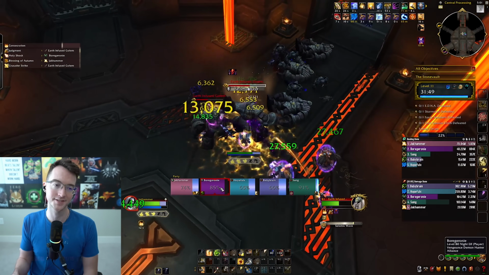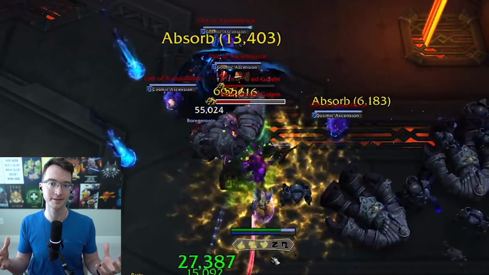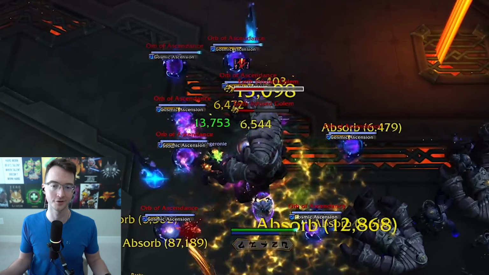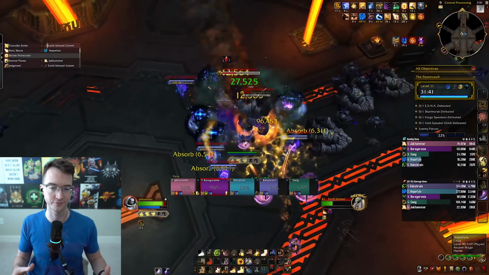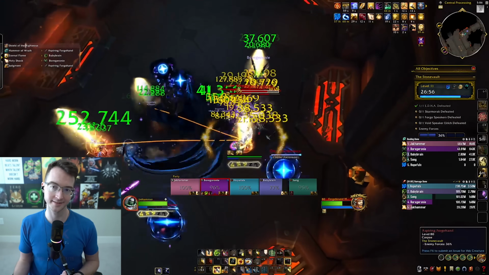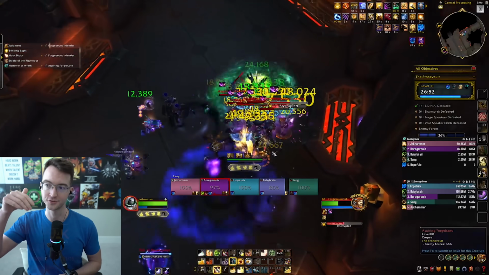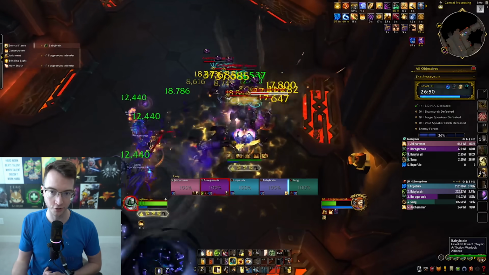The last of the affixes is called Ascendant, where Xal'atath will rain down these enemy mob orbs from the sky all around your party, and they go in 3 or 4 waves of orbs dropping down for a total of 10. These are exactly like the Raszageth orbs if you played in Dragonflight, where you are not only able to mass dispel them, use individual purges,